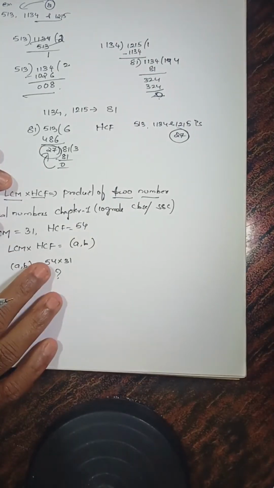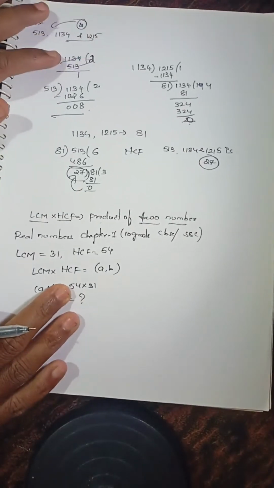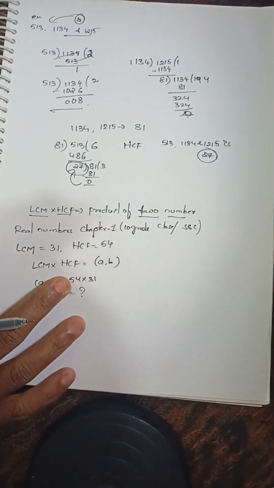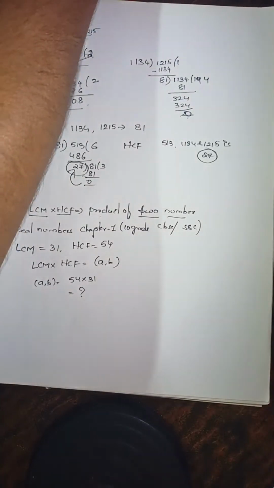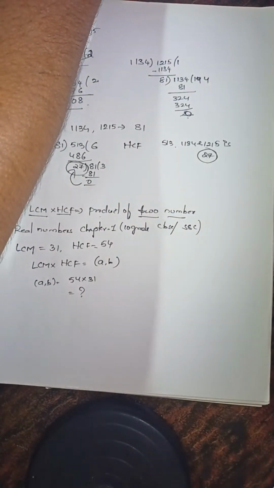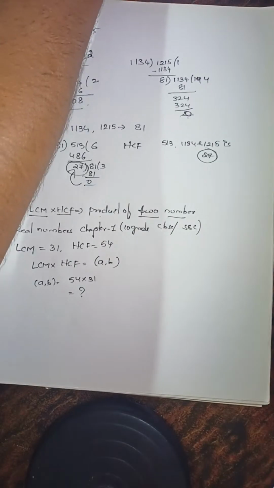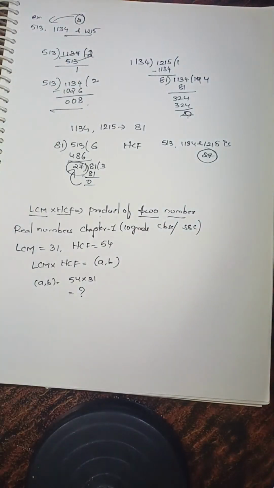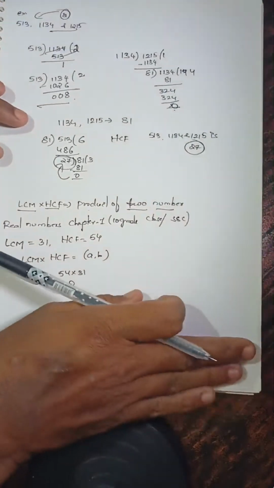And there is a very good possibility of getting this kind of questions, which are very important. And I'm going to give one more question on the back side. How many types of possibilities are there for the question? I will write that one also. See, if LCM is given,